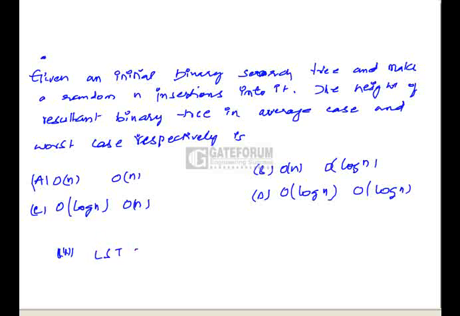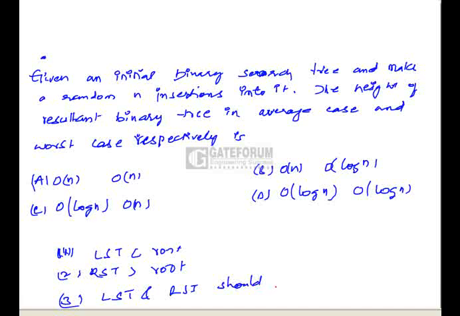Elements in the left subtree should be less than root. Elements in the right subtree should be greater than root, and left subtrees and right subtree should also be binary search trees, should also be BSTs. If a tree satisfies these three conditions, then that tree is called